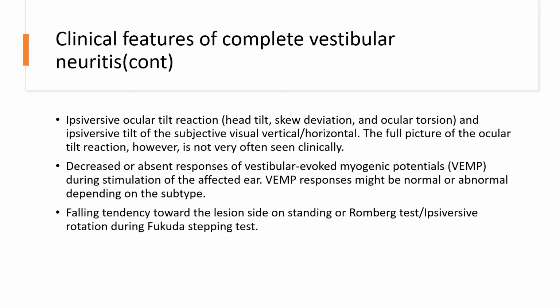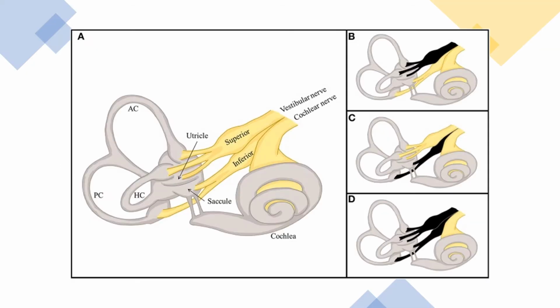There will also be a decreased or absent response of vestibular evoked myogenic potential during stimulation of the affected ears. This response might be normal or abnormal depending on the subtype of vestibular neuritis. Convex tests tend to be positive, falling towards the site of lesion, and in Fukuda stepping tests, the rotation is ipsiversive. The superior vestibular nerve supplies the utricle, anterior canal or superior canal, and horizontal canal or lateral canal, whereas the inferior nerve